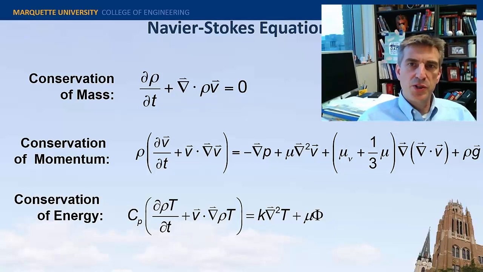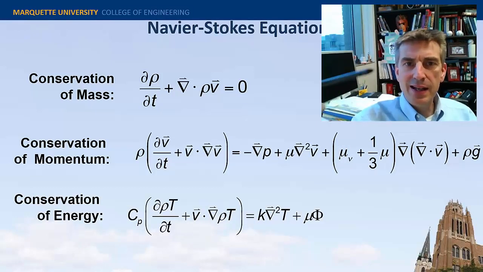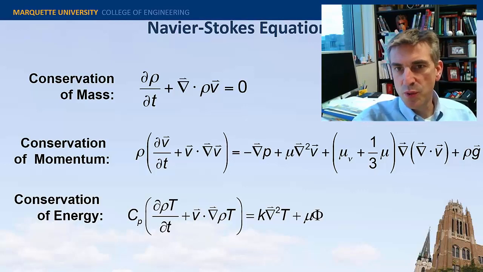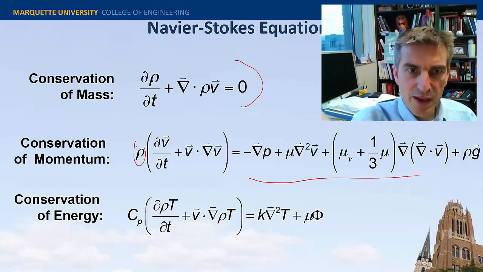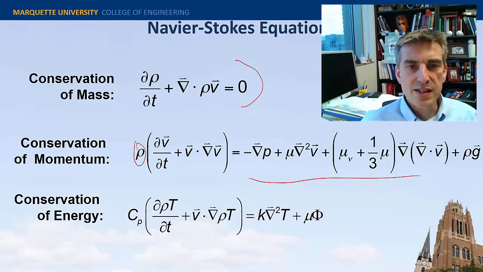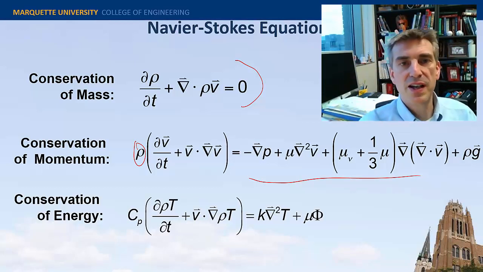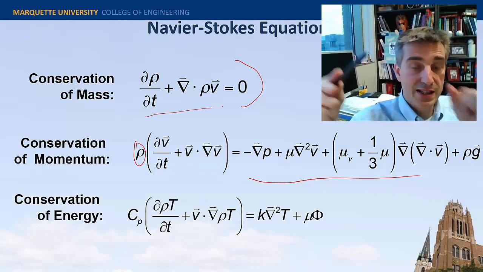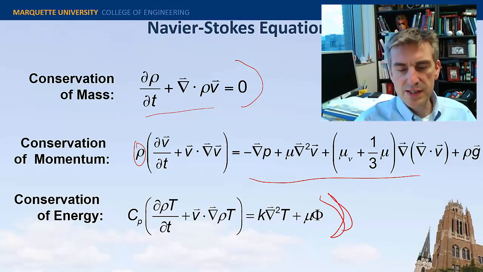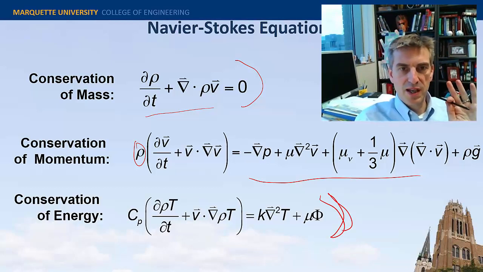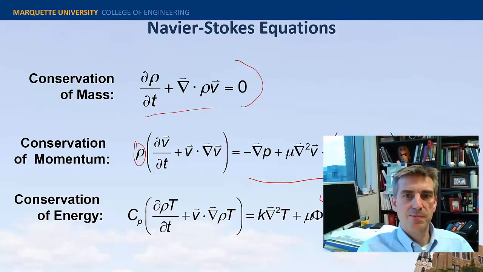Here are the Navier-Stokes equations I've been showing a lot, and in general, I have rearranged these or included them such that they include the compressible effect. So this is the compressible conservation of mass equation, and this is the compressible momentum equation, even though you got this term out here. It is the compressible form because we simplified it using the conservation of mass, if you recall. And then this is a form of the compressible energy equation, and sometimes we'll use the Boussinesq approximations, but that's a general form right there just to get us started.